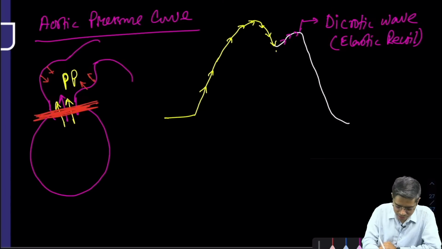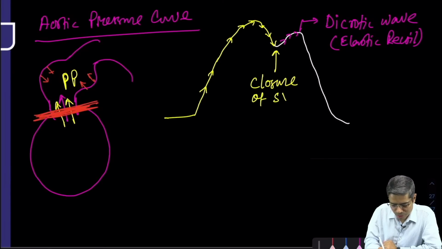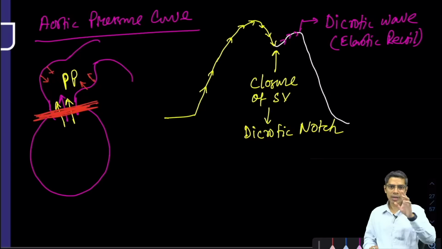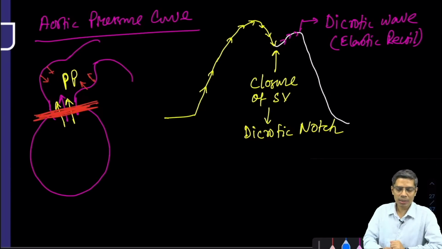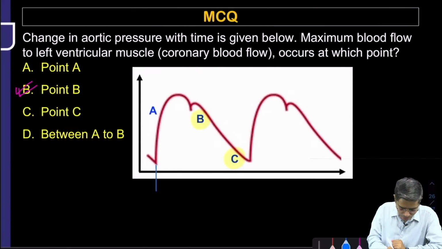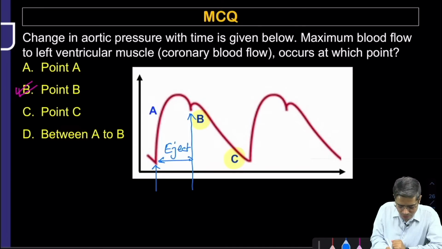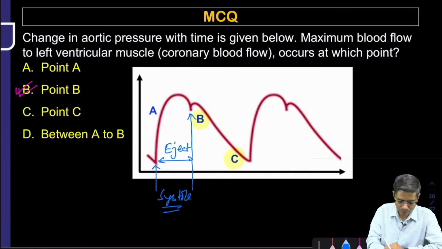And this notch that is created here, this notch indicates that this is the closure point of semilunar valves or aortic valves, and this is known as the dicrotic notch. So, now I can understand that in this aortic pressure curve, from this point up to this dicrotic notch point, this is the ejection phase of the ventricle, or I can understand that this is basically the part of the systole of the ventricle. And from this dicrotic notch, the remaining part, from here to here,